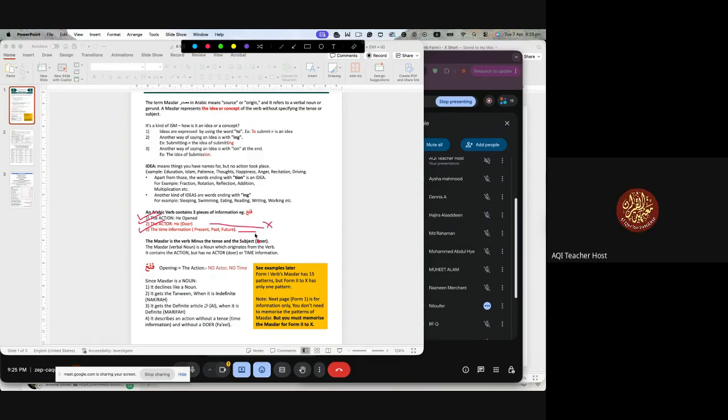Yeah, good, fantastic, all done. And as an ism, you will follow all of the criteria. Yes, fine. You see, why is it concept, idea? Because it doesn't have the actor and it doesn't have the time.